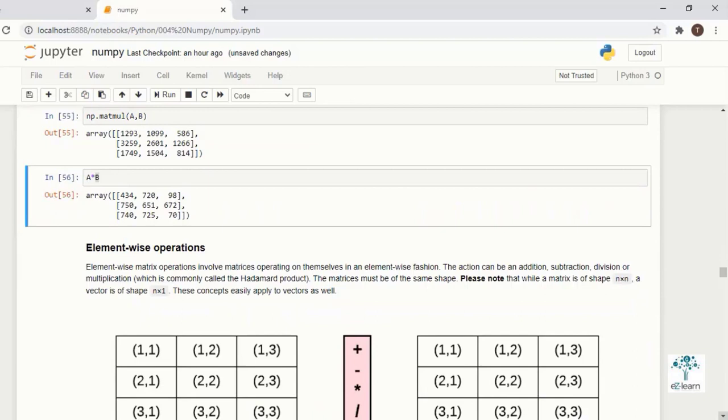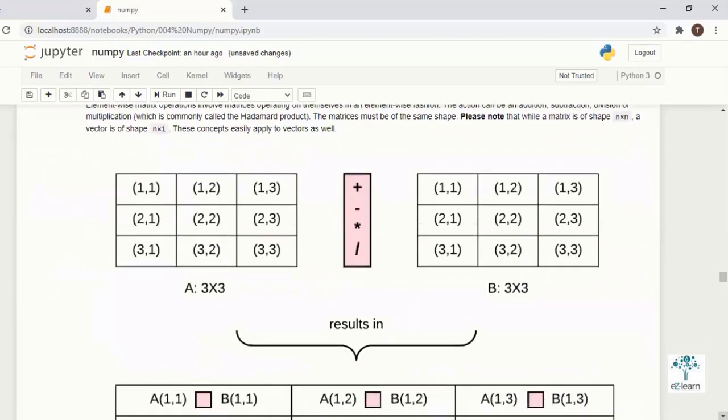I will show this in the next section on element wise operations. Here all the things are multiplied element wise. This element is multiplied with this element, this one with this one. Element wise we can do addition, subtraction, multiplication, division, all the things. Element wise is getting applied.